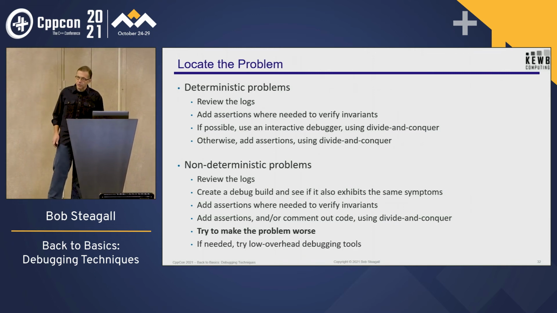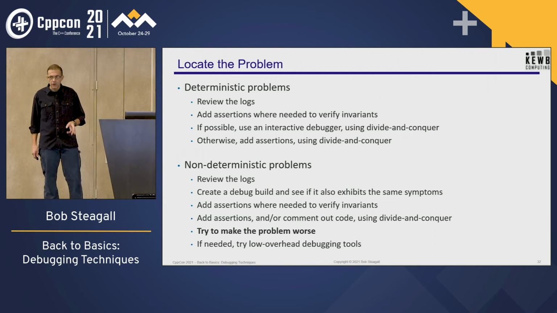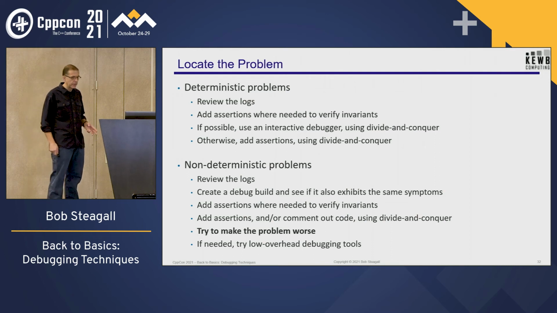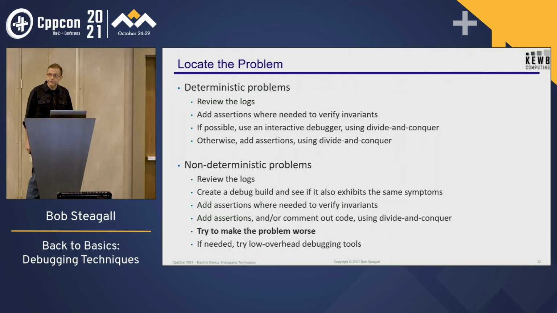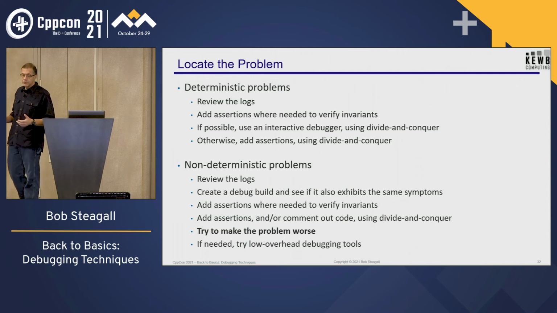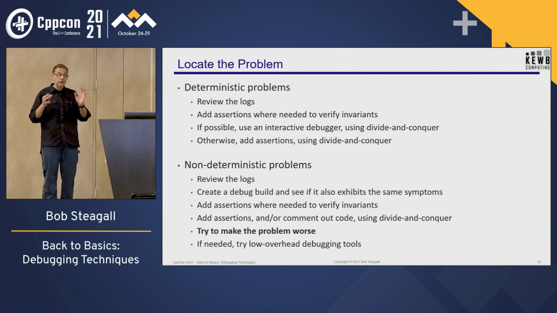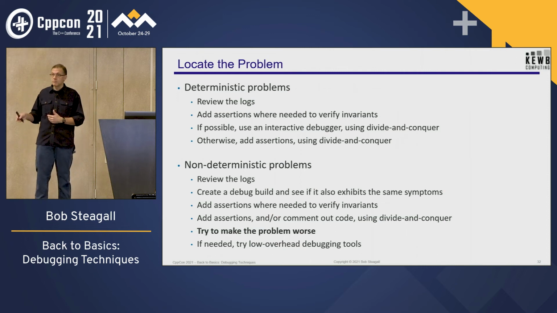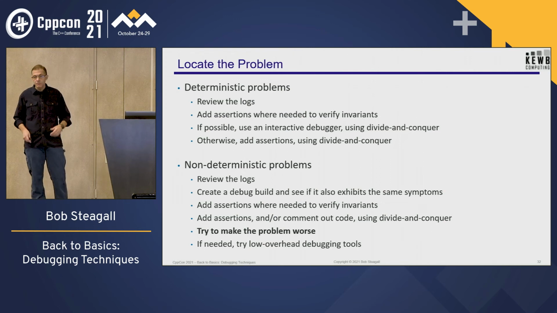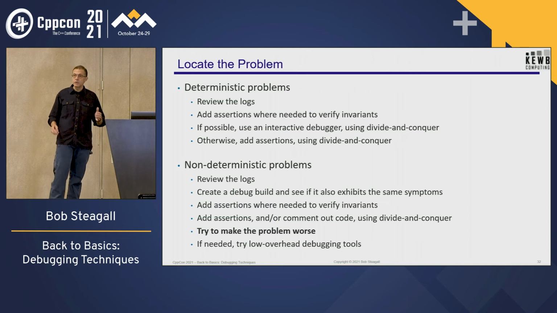And as a last resort, if these things don't work for you, try to use some of the low overhead debugging tools, right? The sanitizers. You can also try doing debug release builds, like with GCC or Clang. You can build with -g -O2. In fact, I worked at a company where production code was built with -g -O2. It was helpful because when we got the core files back, there was usually enough information left that we could eliminate a lot of code.